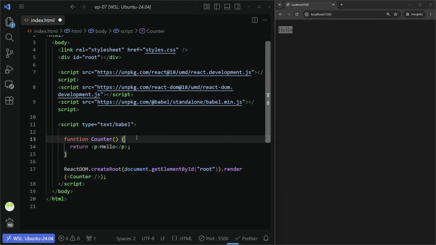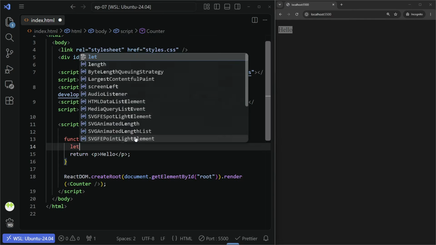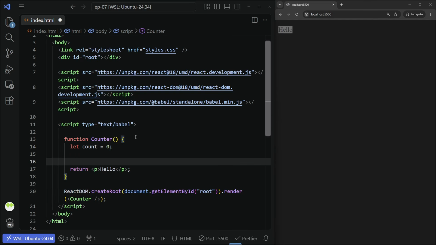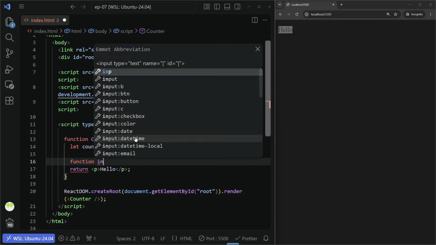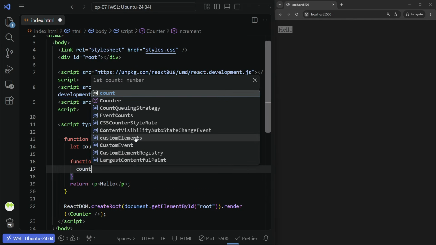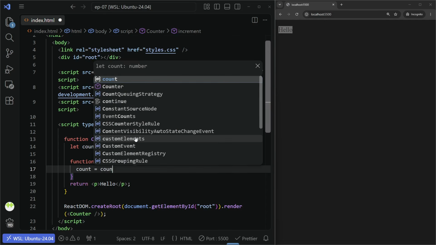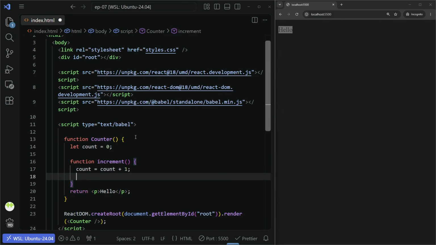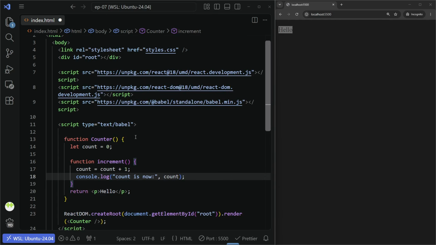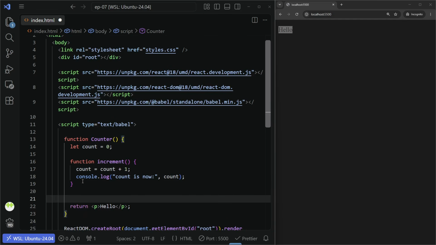So let's keep going. Obvious first try: we let count equal 0, and then we write a function increment, where count is equal to count plus 1, and console.log "is now" count. And then let's return